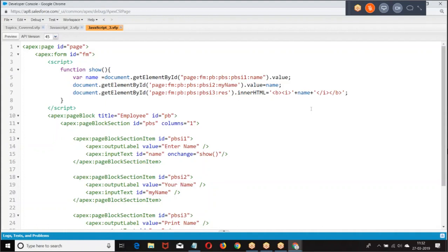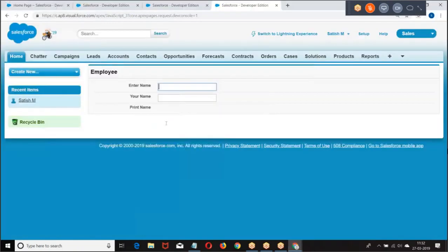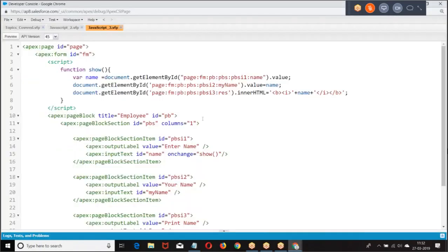If it is output, dot innerHTML. So go to the preview. When the change occurs, the same thing we can also give here.